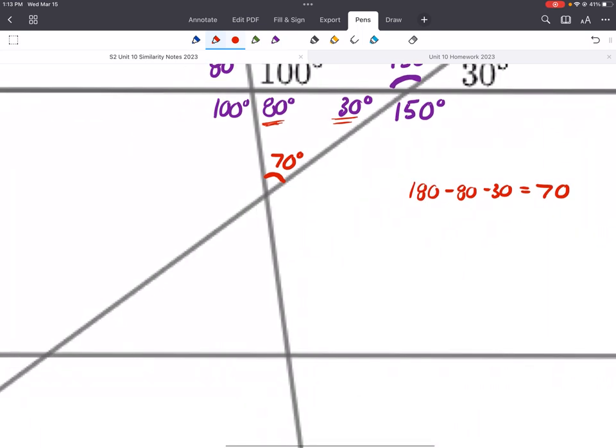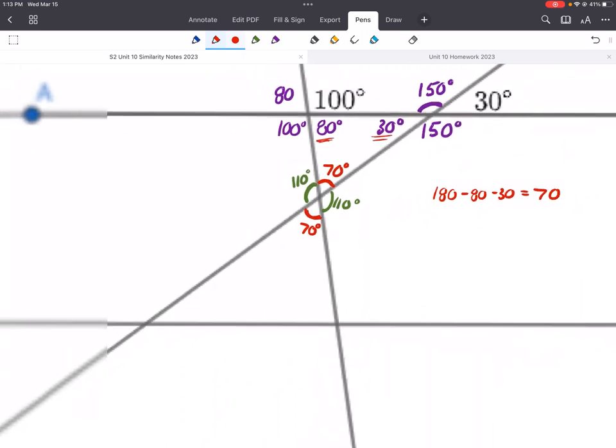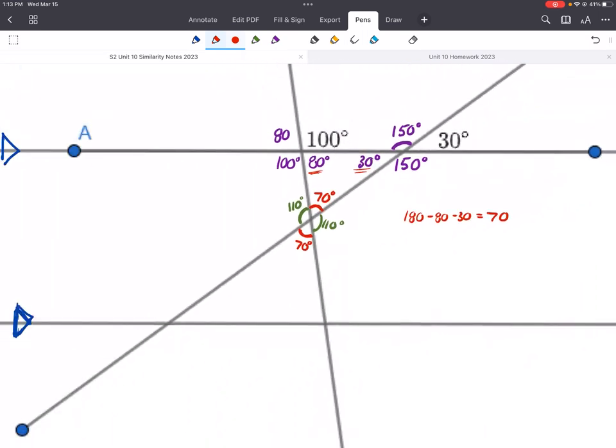Alright, so now we could figure out maybe the adjacent angle. If we wanted to figure out what this angle is, again, adjacent angles add to 180, so this has to be 110. This is a vertical angle, so it's also 110. And this is also a vertical angle for the 70, so this is also 70. Okay, so now we're just missing the angles that are down here. And the only way we can get to those is